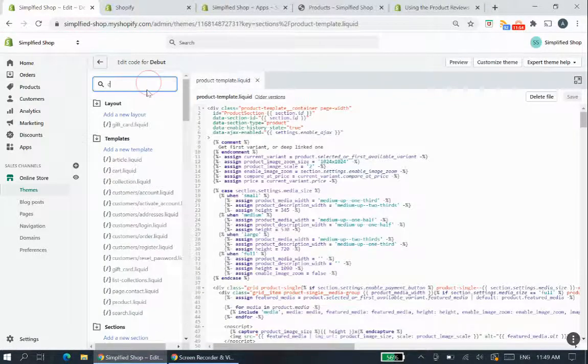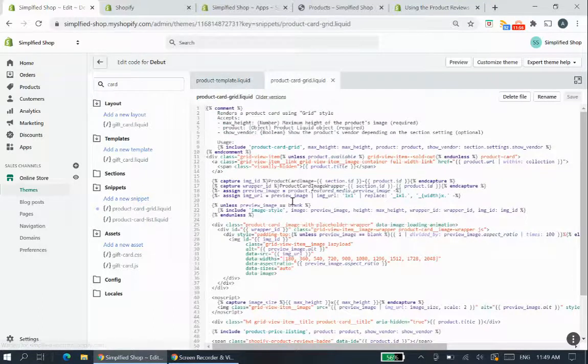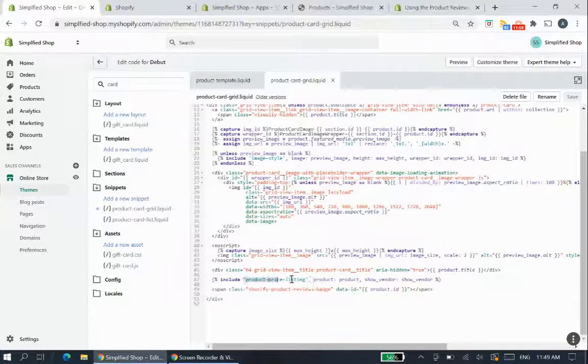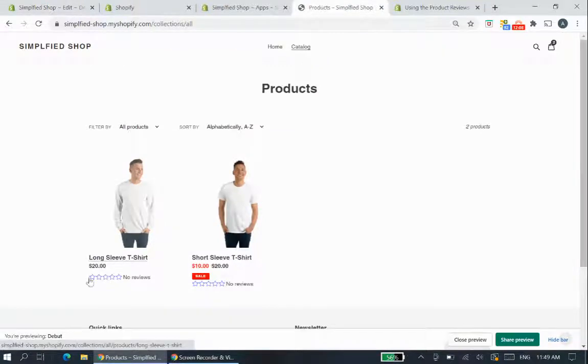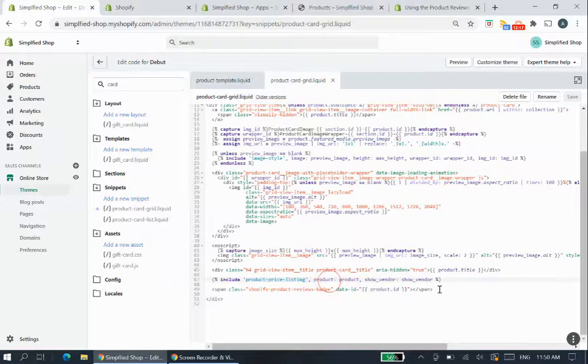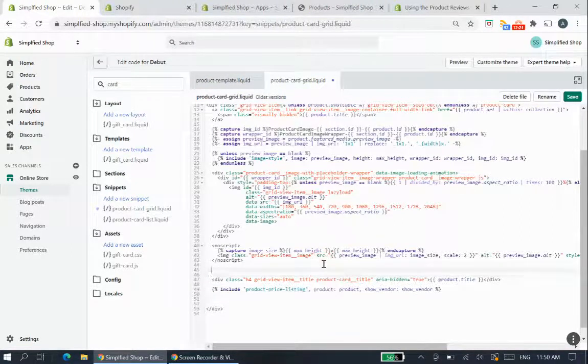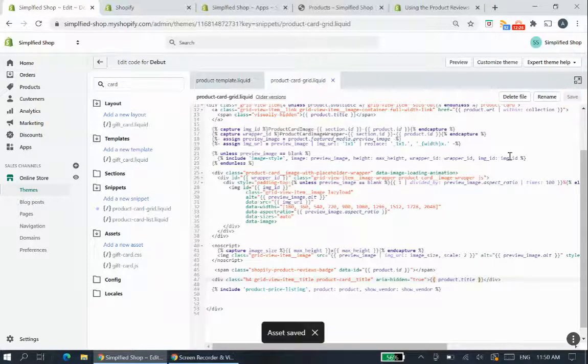And you can see that we did it through product card grid and found the product price listing. That essentially is the part that is saying product title, product price, and reviews. So you can also change the reviews and put it above the title if you like. For example, if you want this to appear above the title, we can cut and paste this code above the product title instead. And if you save this one and refresh,